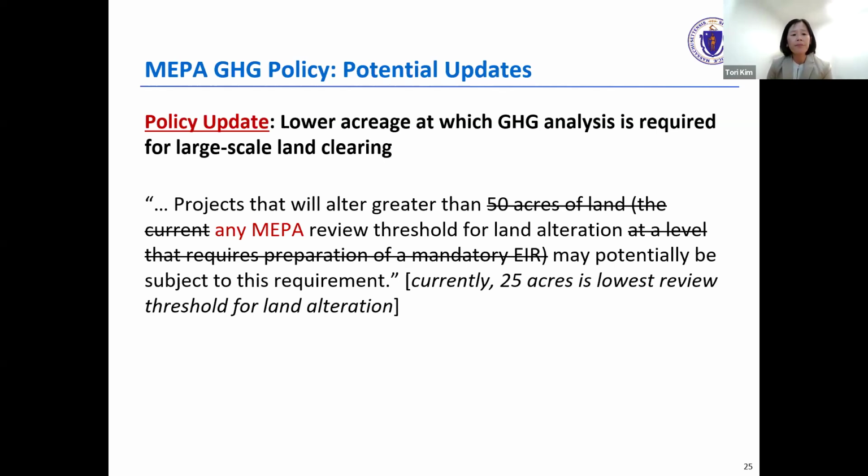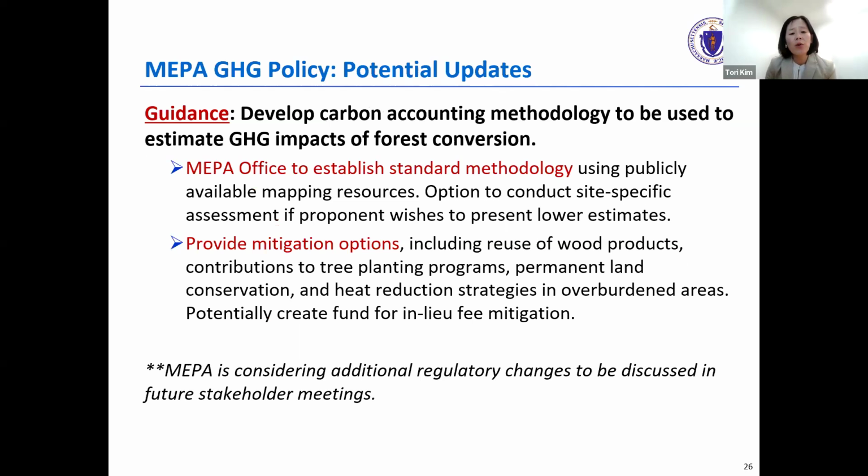Next slide. So we're also proposing to put out some additional guidance that would give a clear directives to proponents about how to engage in this analysis. I know this area can be quite complex, so we would provide a standard methodology. We are currently contemplating use of publicly available mapping resources.